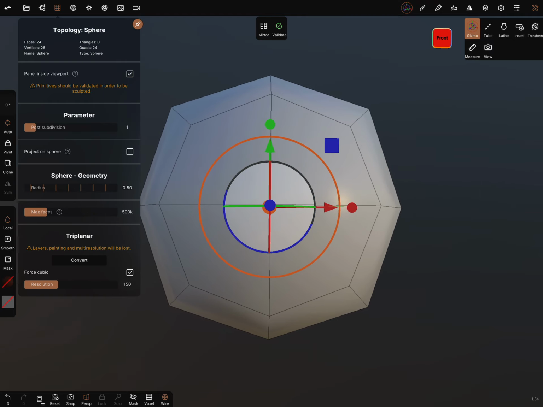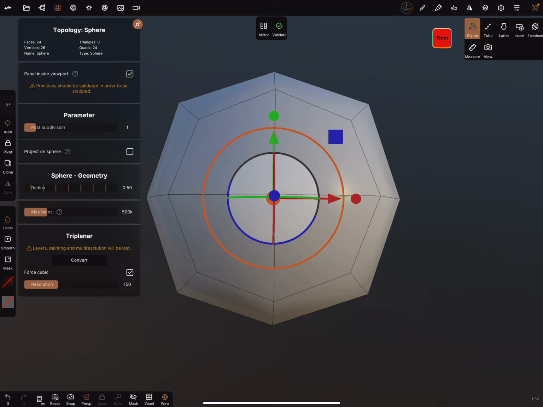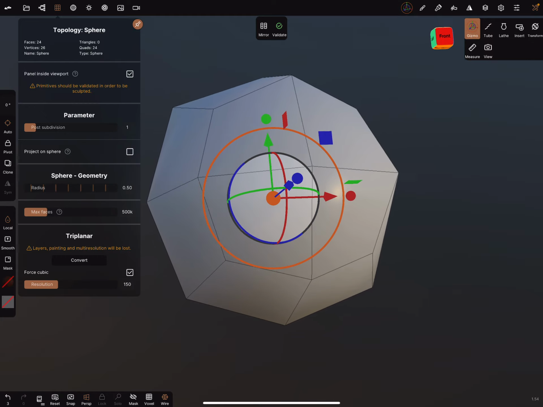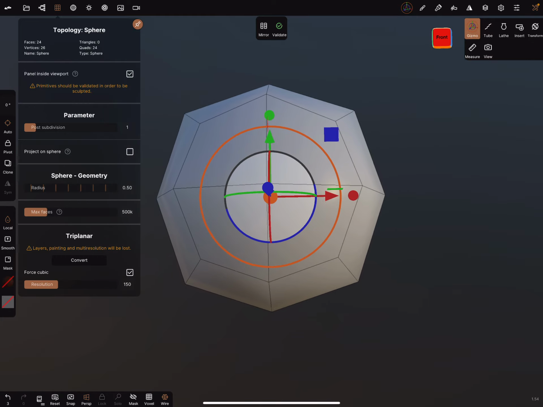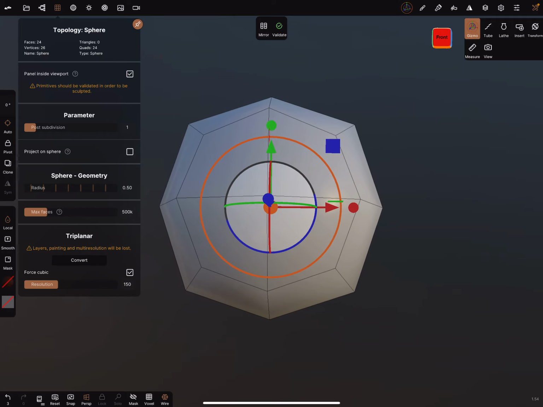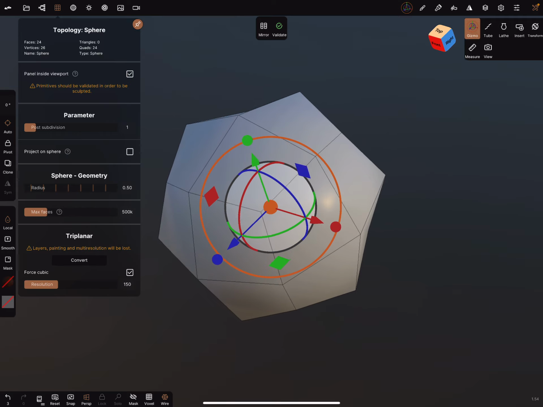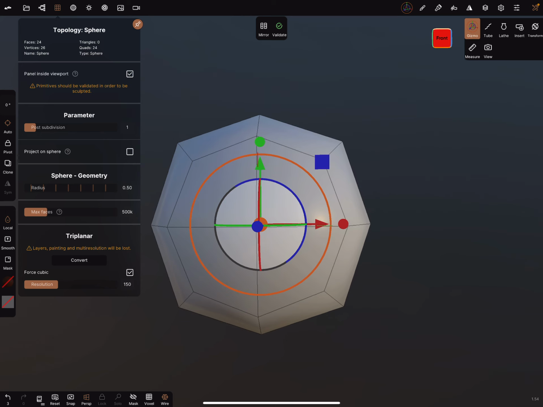You have always to look for primitives or objects that you can convert easily to something you need.